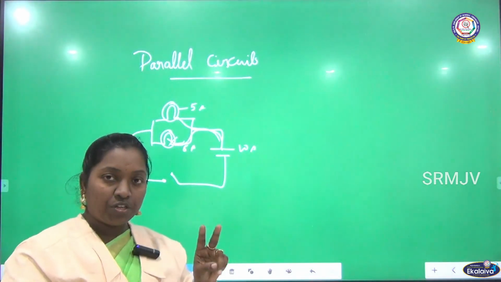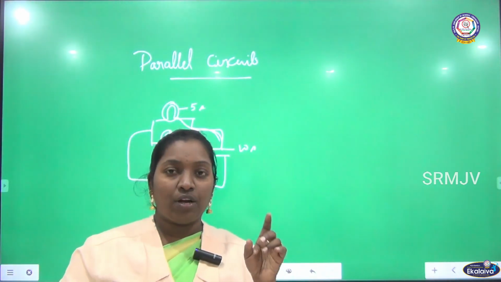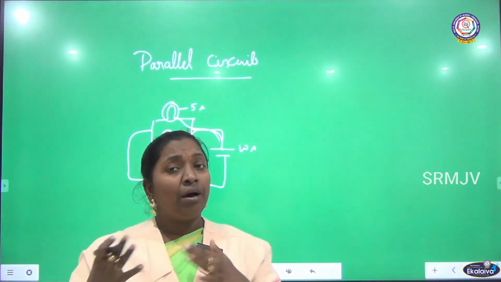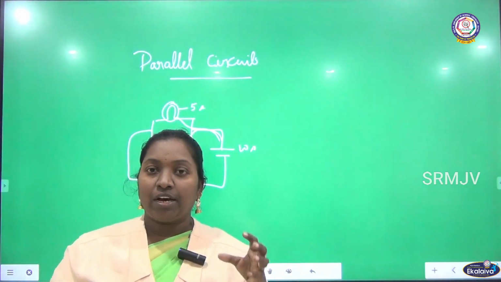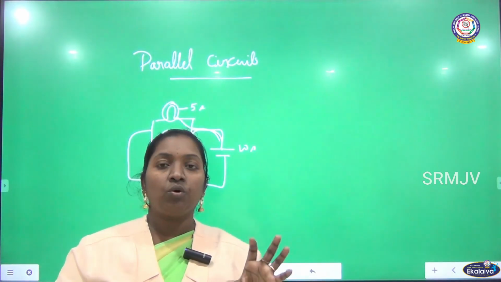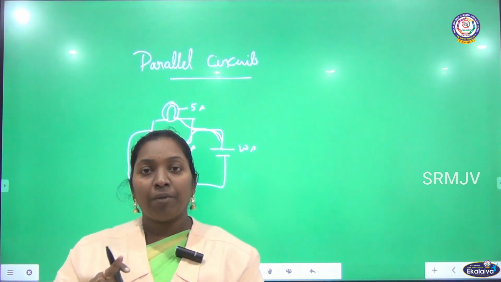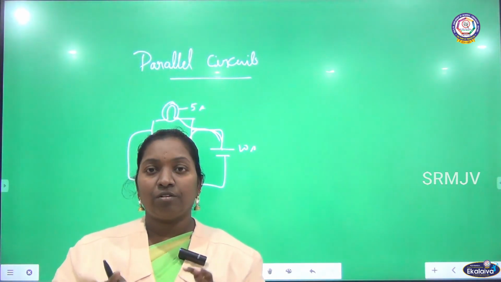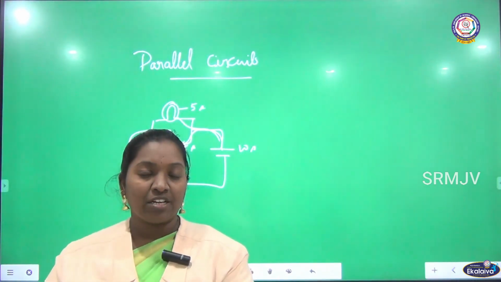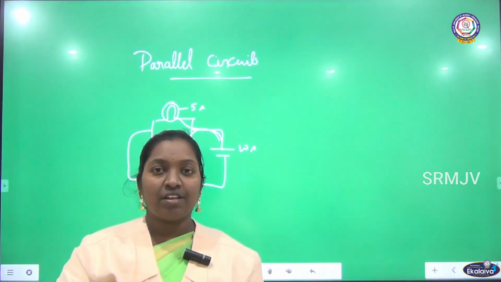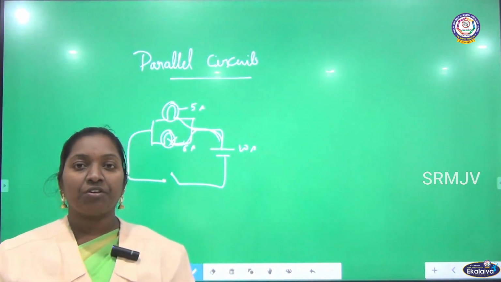There are two circuits, series circuit and parallel circuit. Series has only one path for the flow of current, and in a parallel circuit there is more than one path. If you take a parallel circuit, it has branches, and when you add the current of all the branches, it is equal to the main current. So this is how the series and parallel circuits function in electrical circuit wiring.